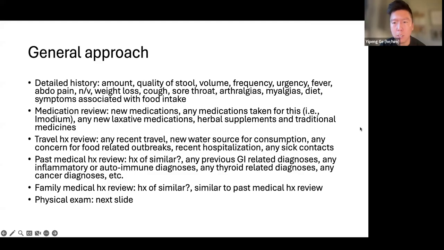And there are also certain kinds of foods to avoid if you have irritable bowel syndrome. So some people also do play around with their diet to try to manage their symptoms before coming to seek medical advice and attention. Do a good medication review. Some patients are not on